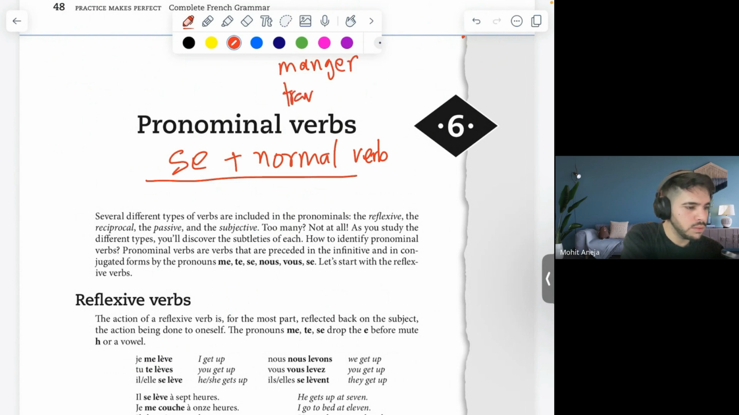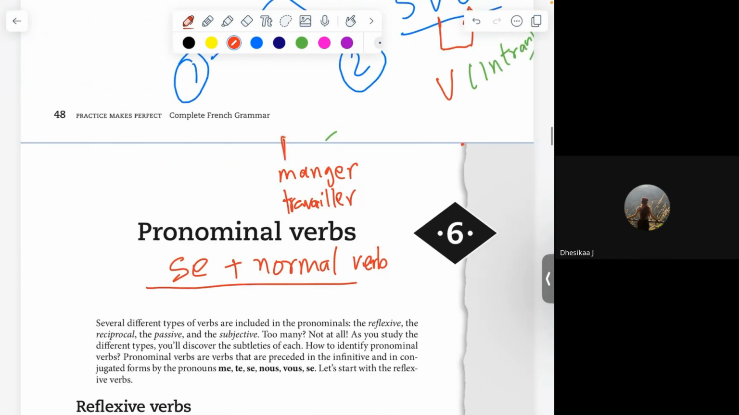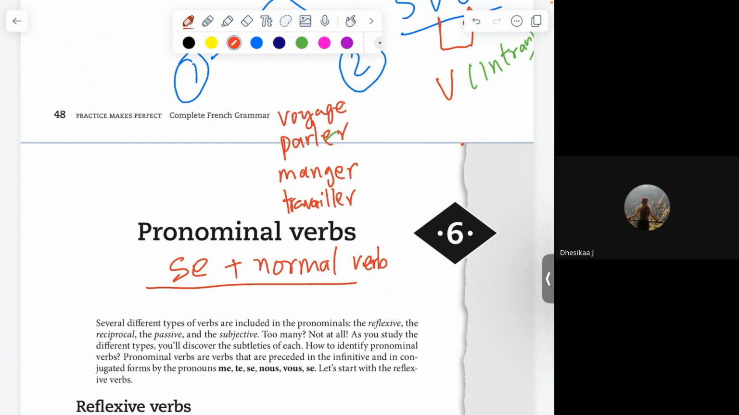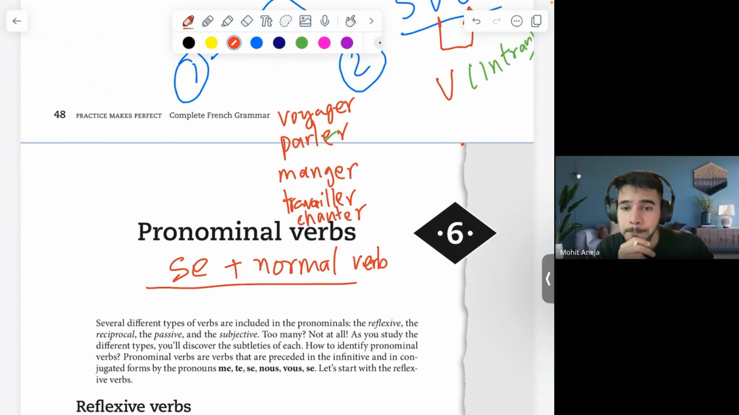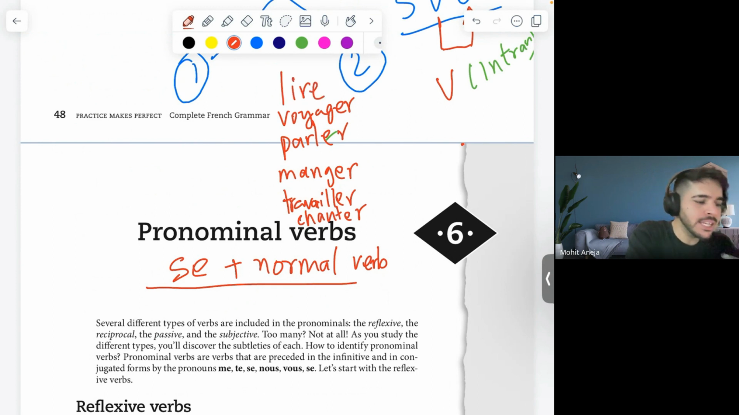और क्या बोला तुमने हुसैन सेकंड पे? parler, voyager, chanter, शौंते। Chanter, यस, एंड देन कोई और? इतने वर्ब याद आ रहे क्या? इतने सारे चैप्टर कर लिए हमने। पिछले चैप्टर में lire, कौन सा वर्ब पढ़ा था? Lire, यस, ठीक है।